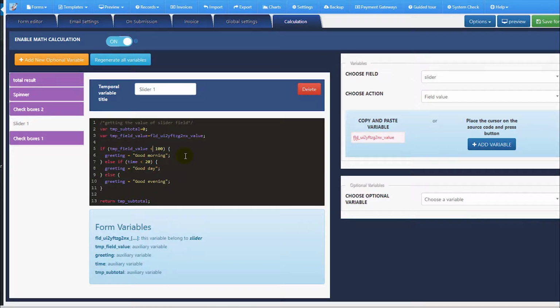Okay, first the condition has to be above 1, and it has to be below 100. Okay, below 100, and